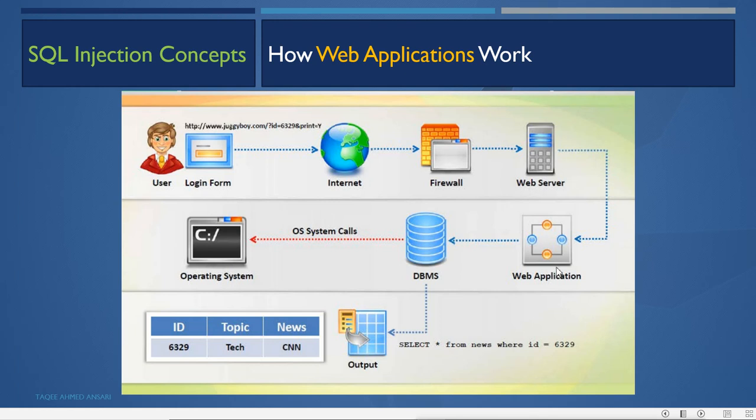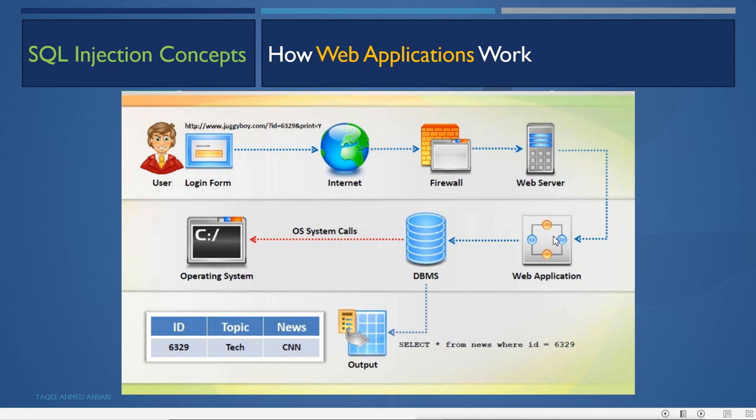Just like this, the user can do authentication also, and in the database we can store the user's authentication information. Where you have thousands of users, and you are not able to store and manage them in the application, you can use database servers. So in the database server, for example, ID will be there, then in the next column the username, and then in the next column the password for that user. So whenever the user logs in with the username and password, that request will go to the web server, to the application.